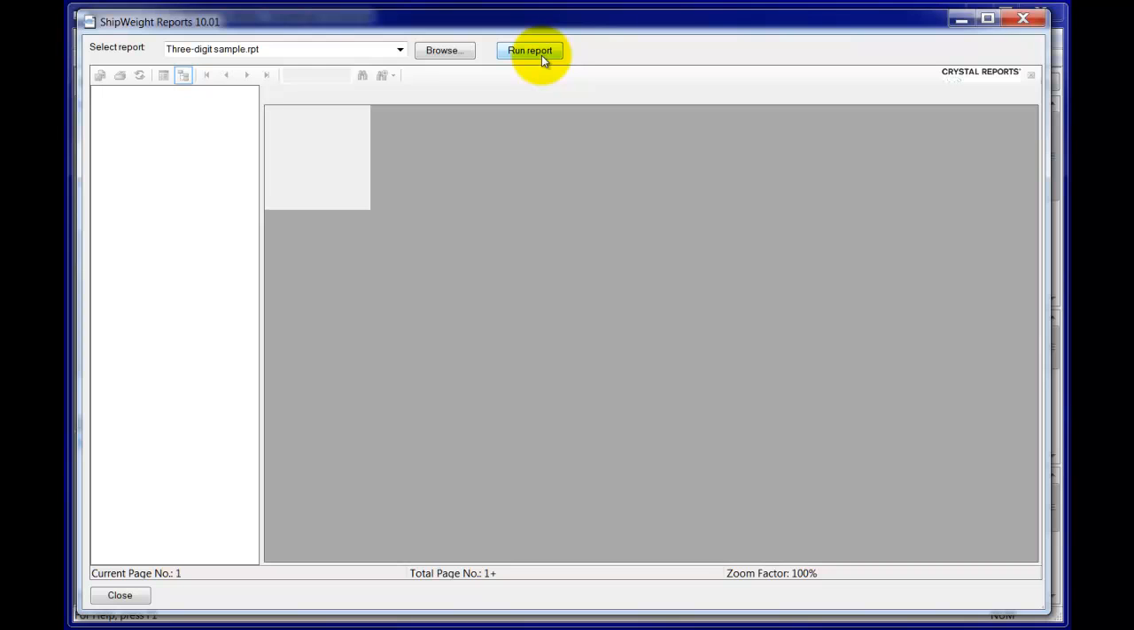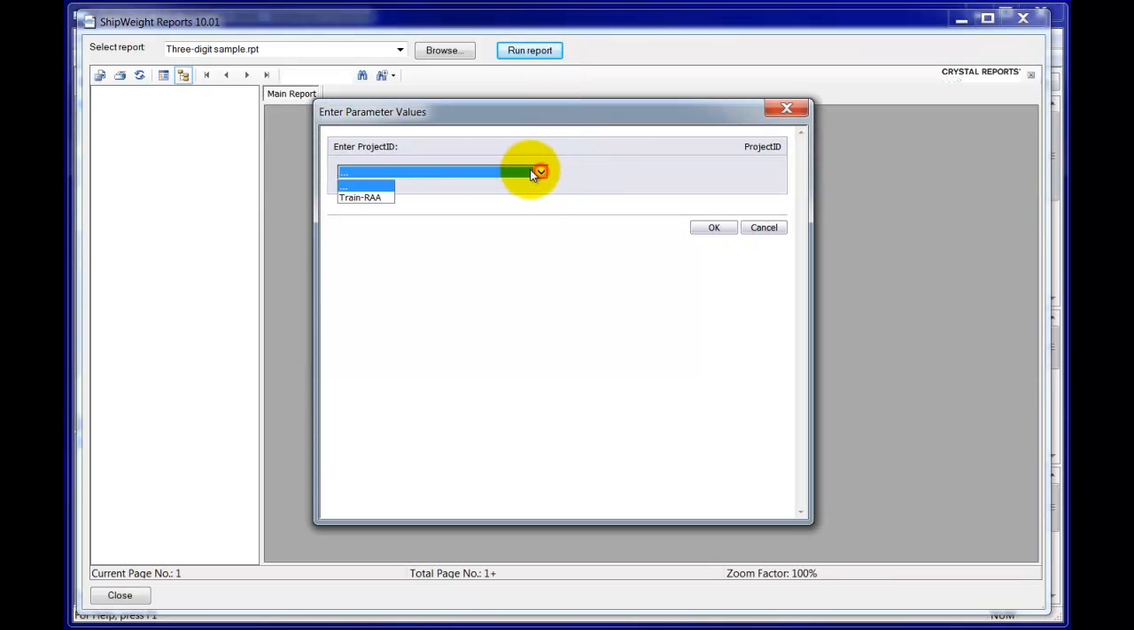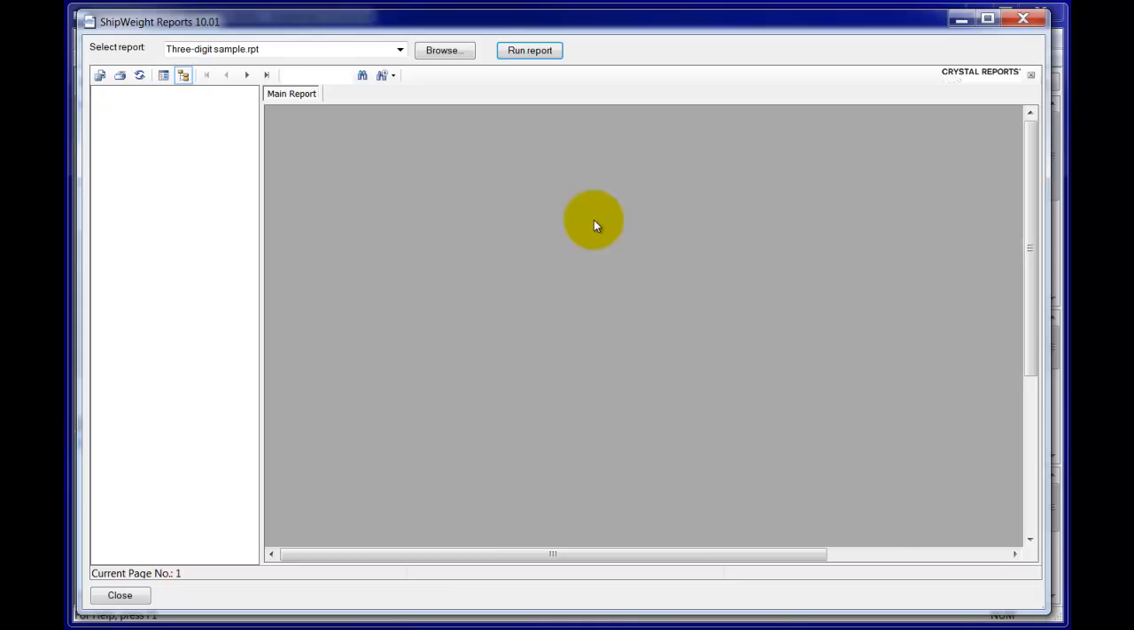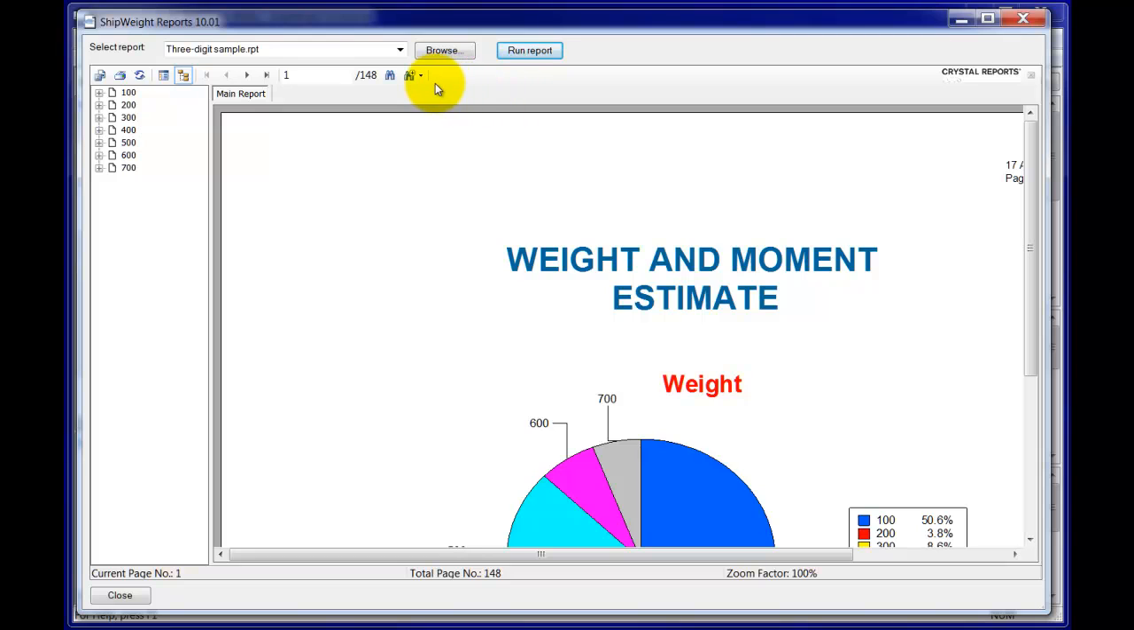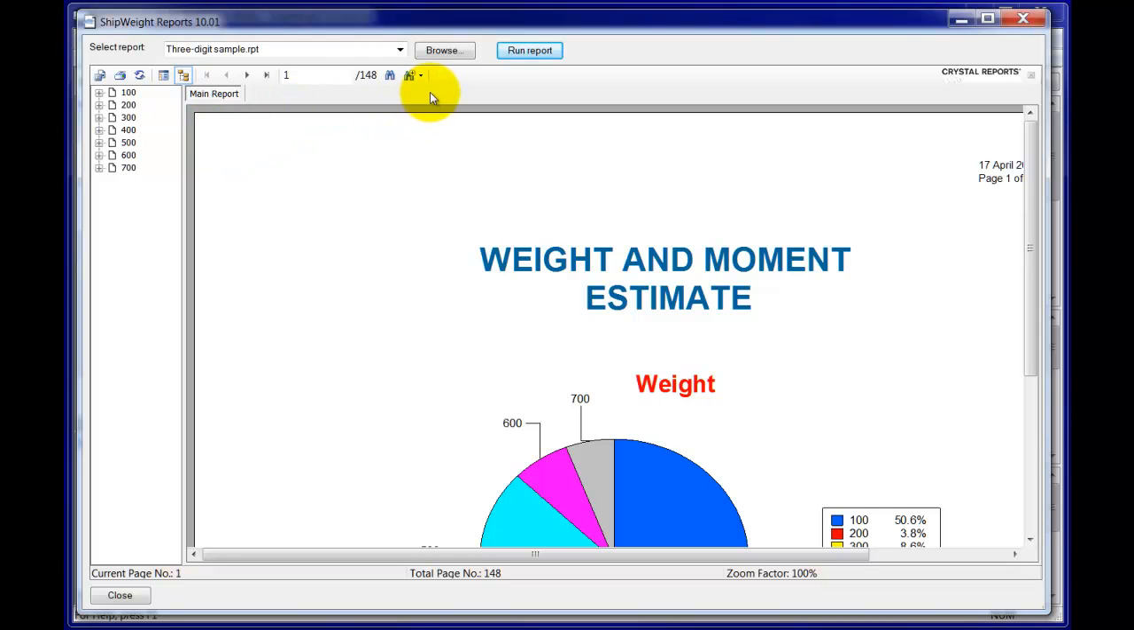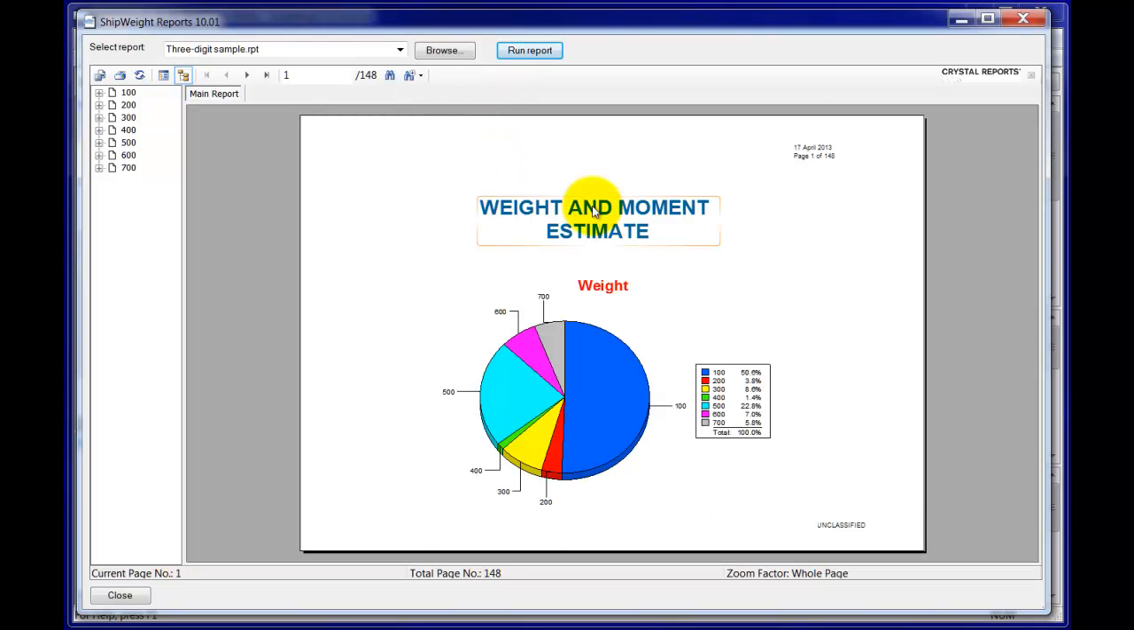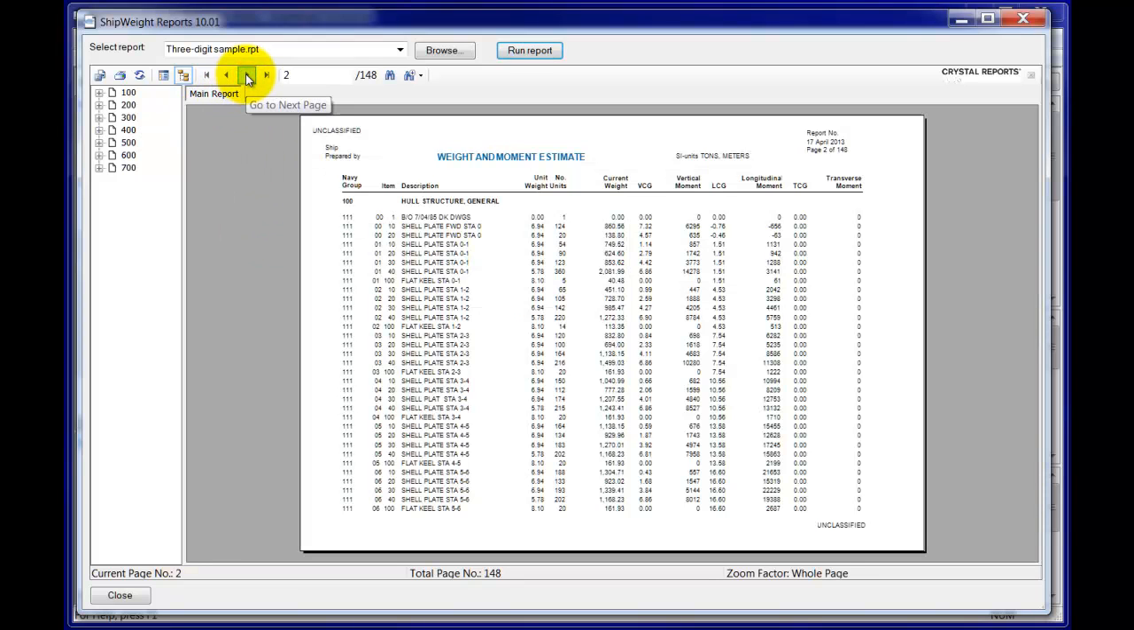and then it brings up first a filter, and I have to select the project ID that I want to run this for, and then it takes a few seconds, and it brings up a nice looking report for me which starts, let's see, on the whole page. Zoom in here, gives me a pie chart showing me the percentage of the weights for group 100, 200, 300 and so forth. And then if I go here to the next page, I will see the details of the